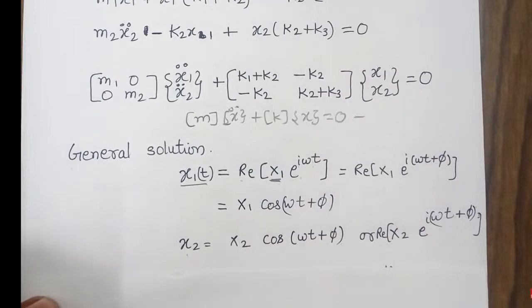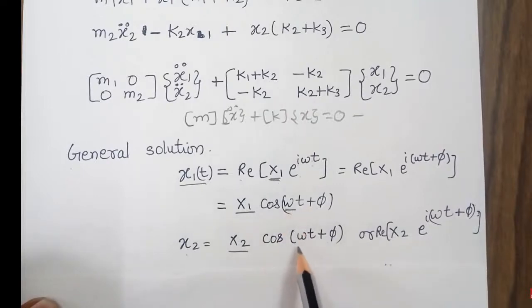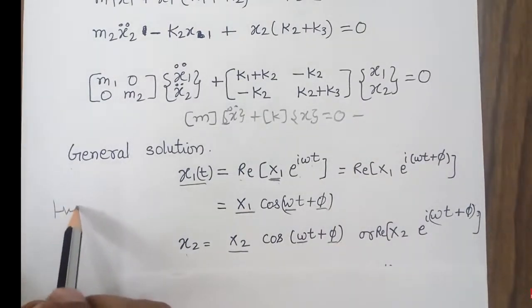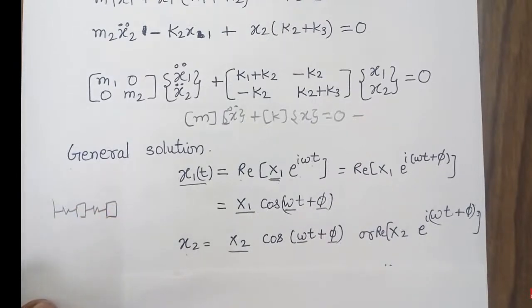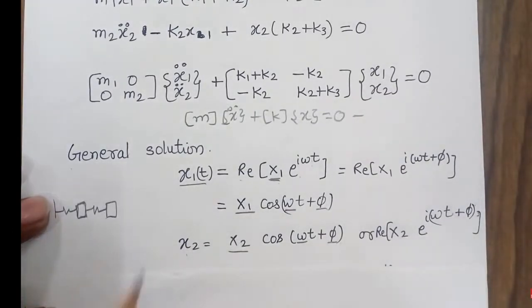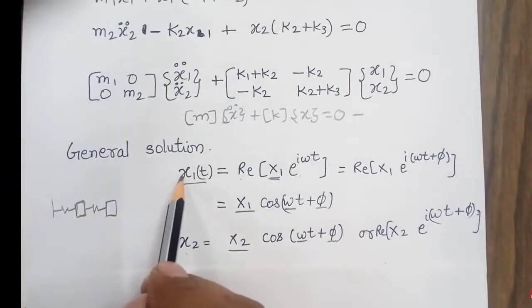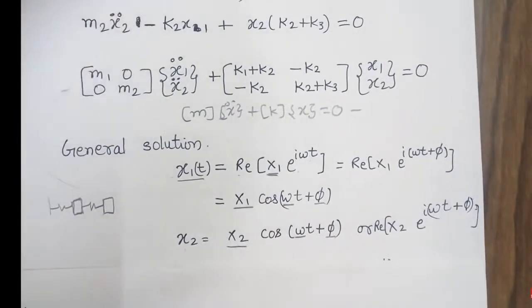Please understand that I am taking a general solution for mass 1 as well as for mass 2, and I am taking two different amplitudes, but the frequency of the oscillation as well as the phase are the same. Because if I am having a system with two masses, at any instant of time the frequency of the two masses will be the same, and since there is no damping, the phase of the two masses will also be the same. So when I put this general solution back into my governing equation, I will get this expression,